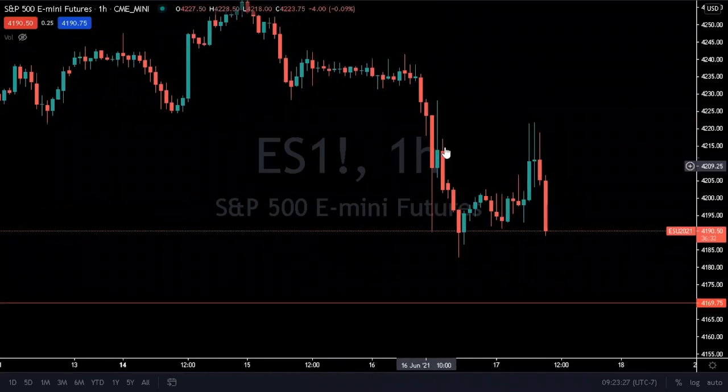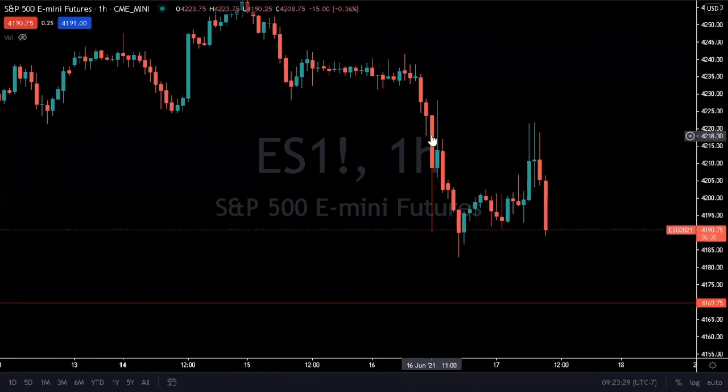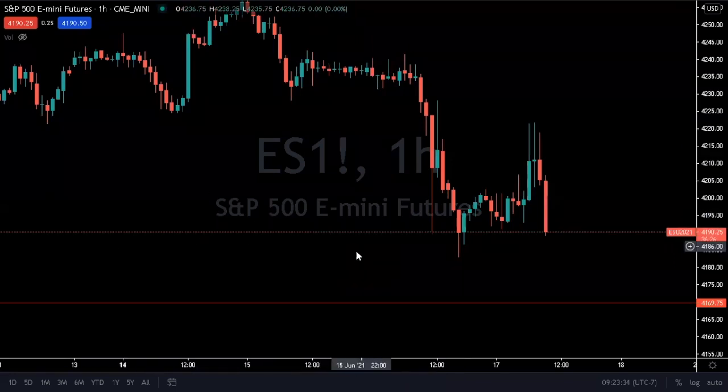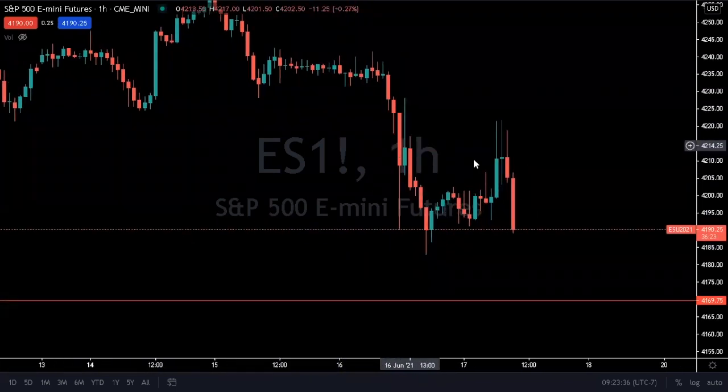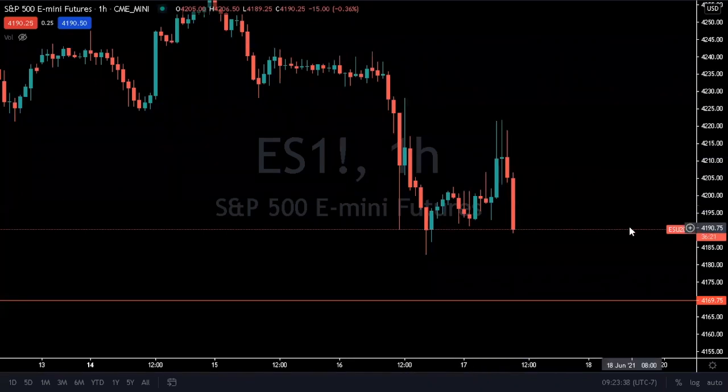So for every closure of a bar here is 60 minutes. The last chart we were on was a 4-hour chart, so for every 4 hours, it will print a new bar. So if you look here,